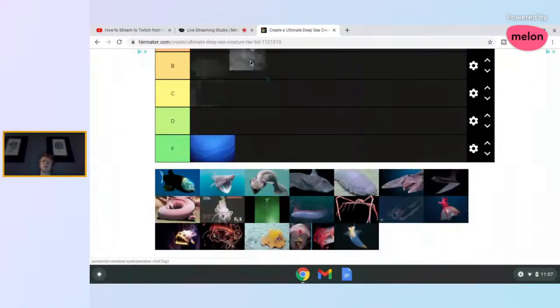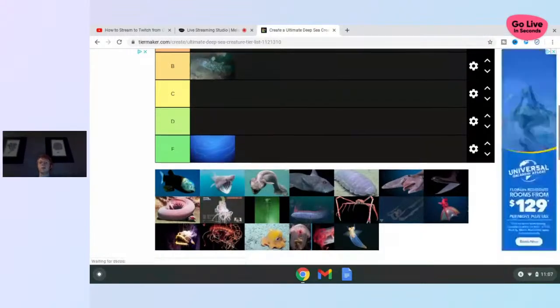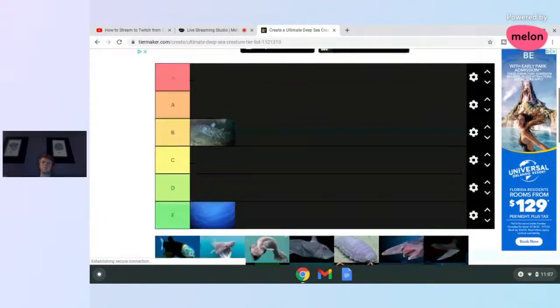Coelacanths, honestly, I'm gonna say B tier because they were able to avoid, like,